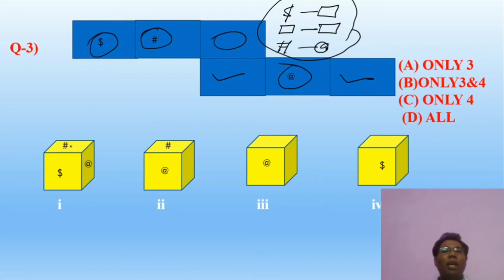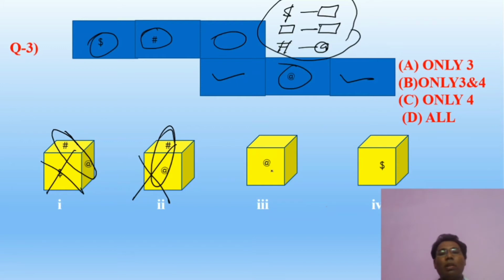So we have to apply the elimination method here. Alpha and hash are opposite. At the rate and hash are opposite. This is also cancelled. At the rate is there, means hash is somewhere heading behind. So this is possible, and these two blanks are possible. As I told you in the previous question also, this blank might be this one.